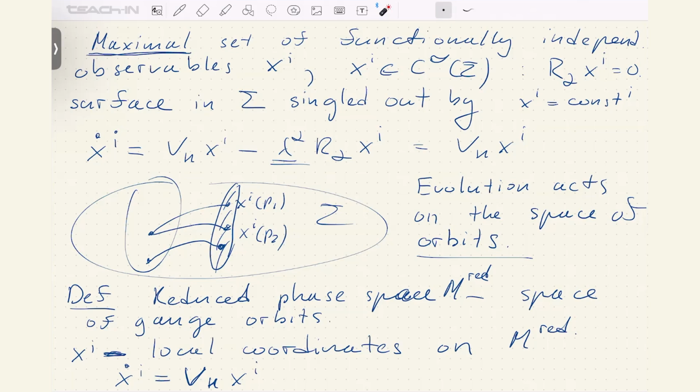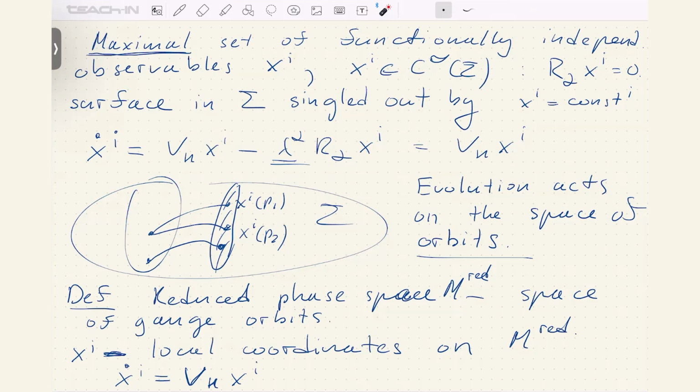But morally, if we disregard all these subtleties, morally we are just talking about systems which give a tricky way to describe usual Hamiltonian systems, which are hidden somewhere inside as this reduced